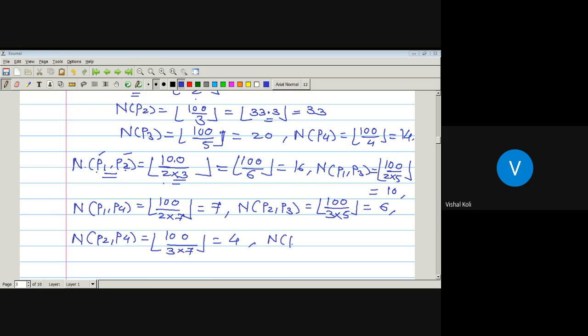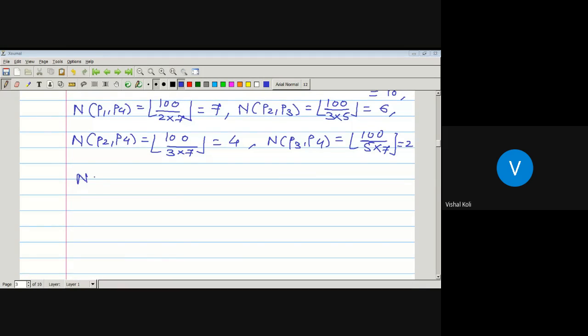So n of p3 p4, 100 divided by p3 is 5, p4 is 7, 100 divided by 35, which is equal to 2. So the next one is n of p1 p2 p3,